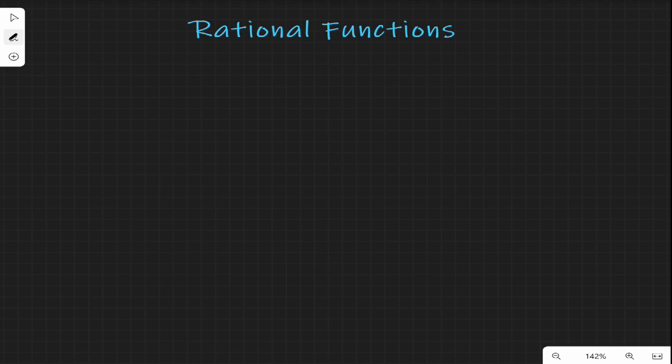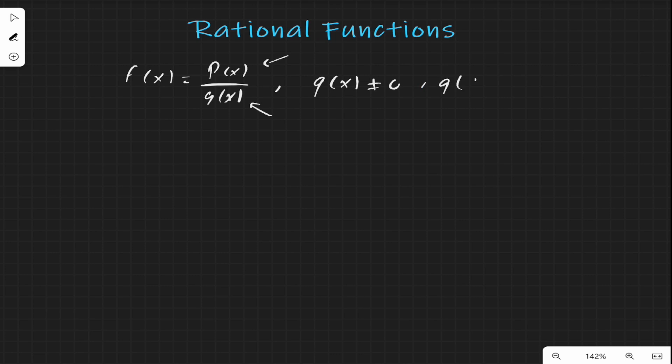The rational function is defined as a function, the quotient of two polynomial functions, p of x divided by q of x. We are not worried about p of x, our concern is about q of x, so the condition is that q of x shouldn't be 0. And I'm gonna add one more condition. The q of x shouldn't be constant,